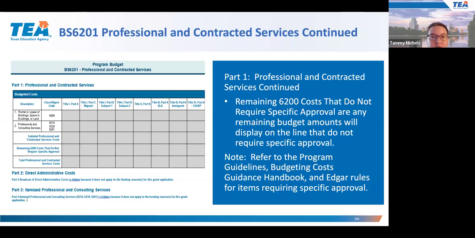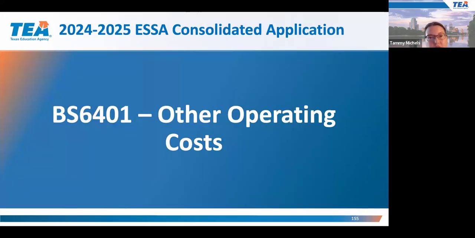Our next discussion is the 6300 supplies and materials. Because supplies and materials do not require specific approval, there is no schedule designated for it. You only budget costs for supplies and materials in the BS 6001 budget summary. So we'll move on to our next slide to cover our next other class object code, which is the 6401